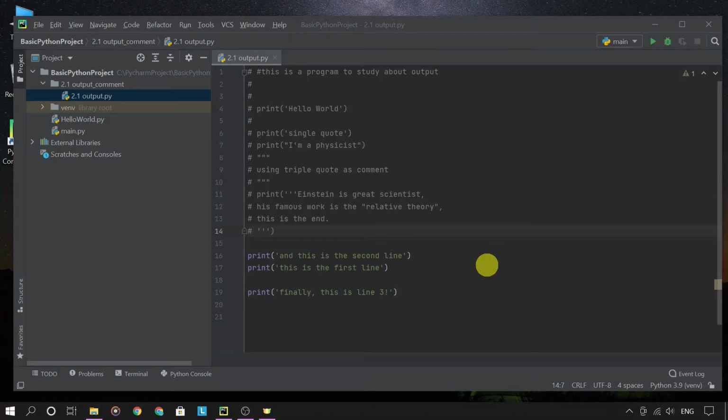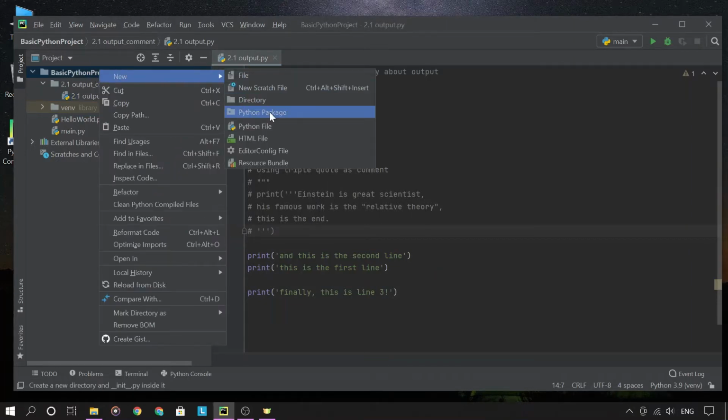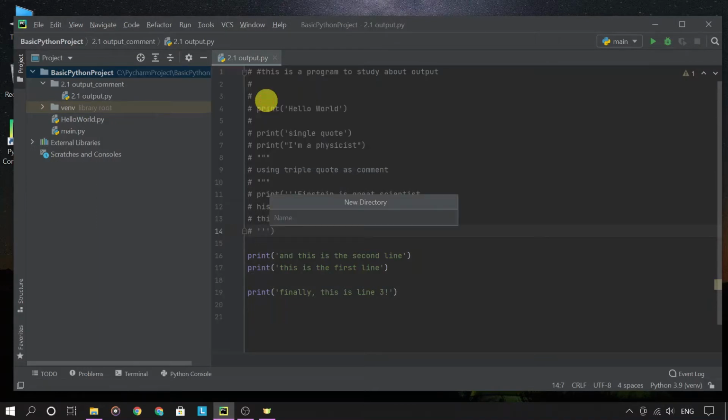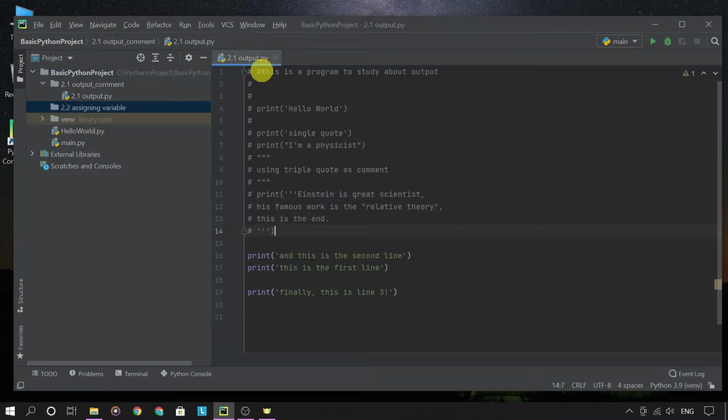Okay, today we are going to learn about assigning variable. Alright, so first I'm going to create our lesson. New directory. I'm going to put it as 2.2 assigning variable. Alright. And I just realized that